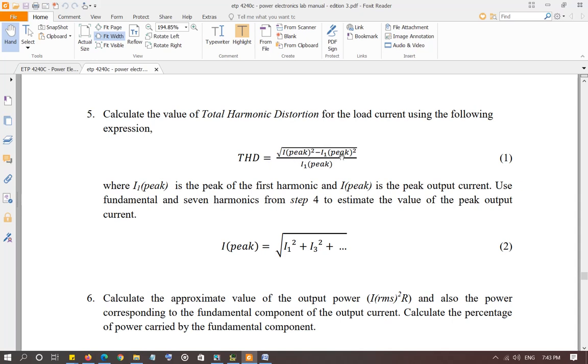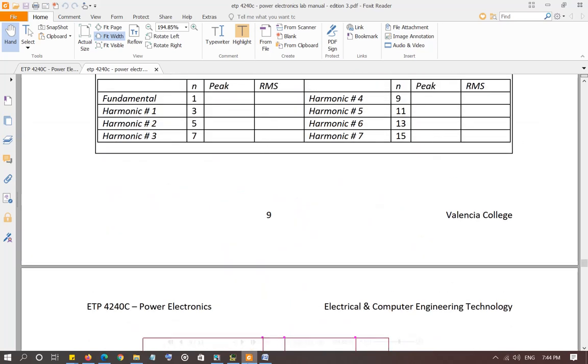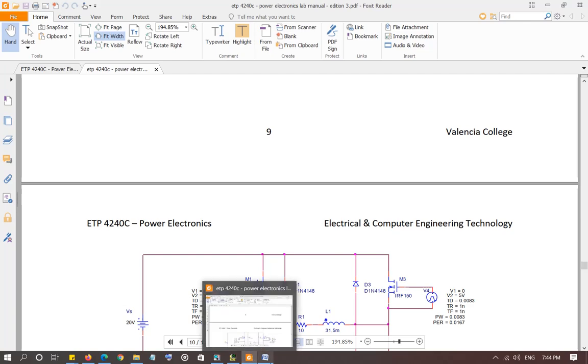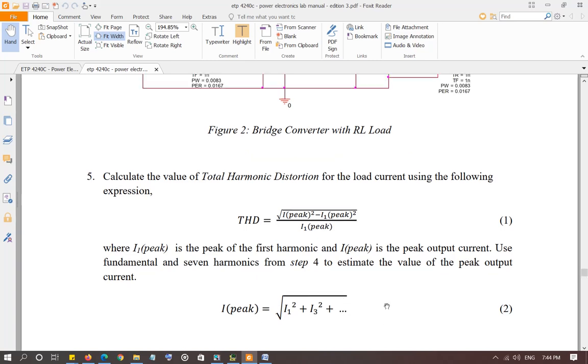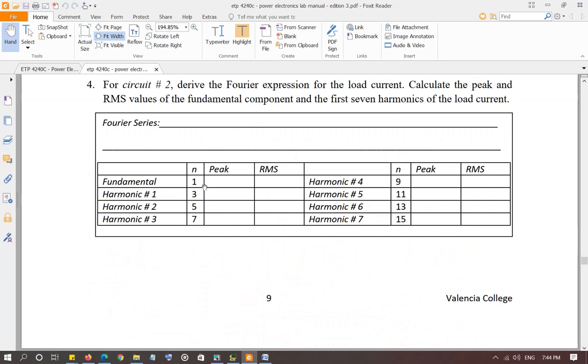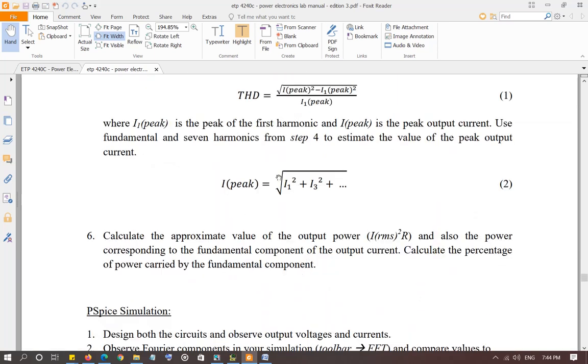The formula is the square root of I peak squared minus I1 peak squared. I1 is the fundamental component, and I is the total current. The total current peak value from the components that you calculated can easily be found using this formula: the square root of I1 squared plus I3 squared plus I5 squared, and so on, where I1 is the fundamental component, I3 is the third harmonic, and so on, and all those values are the peak values of these components. So calculate the peak value of the output using this formula,